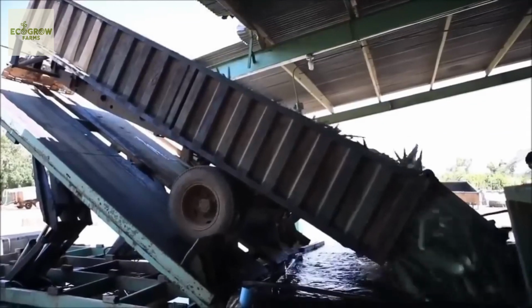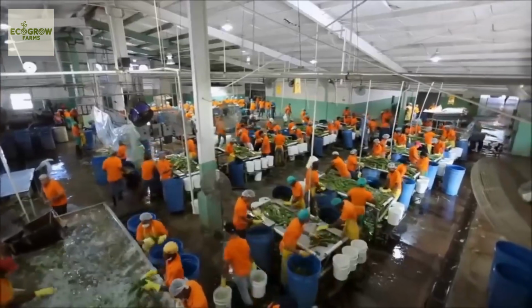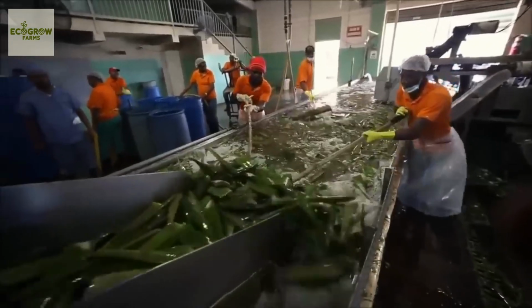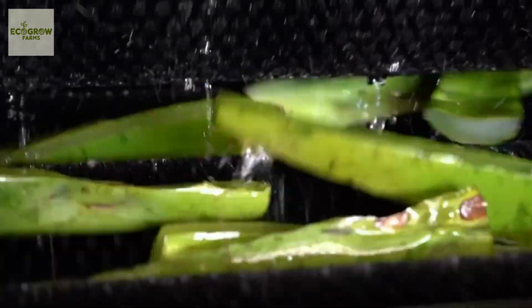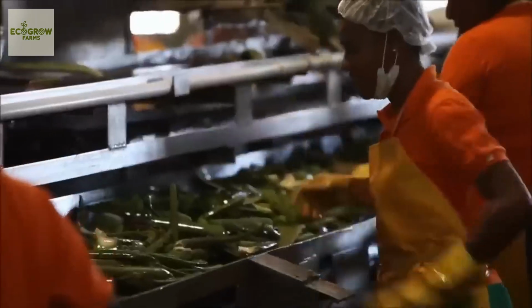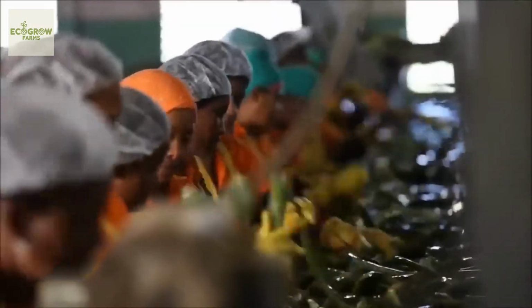Now comes the magic, turning those freshly harvested leaves into aloe vera gel. The first step is a thorough cleaning, where the leaves are passed through large, automated washing systems. Equipped with rotating brushes and high-pressure water jets, these systems remove all dirt and contaminants from the leaves. Once cleaned, the leaves are carefully inspected to ensure only the highest quality ones move on to the next step,